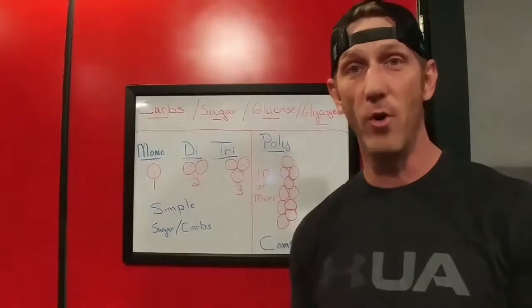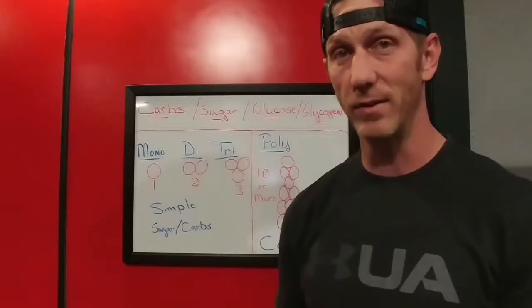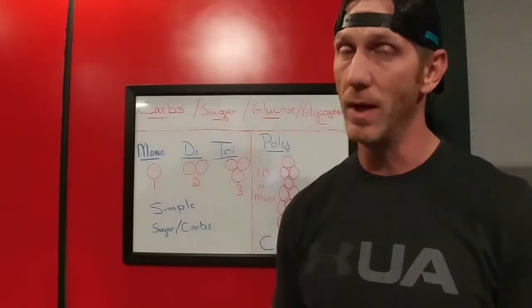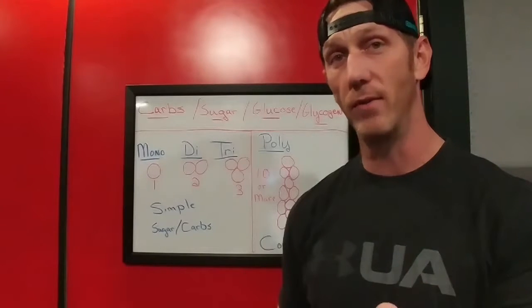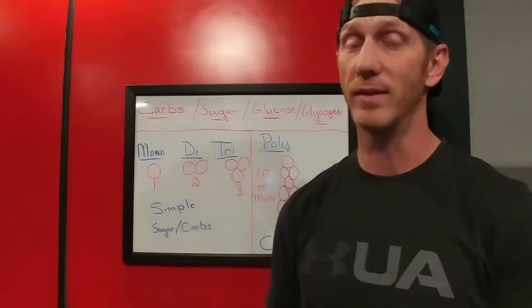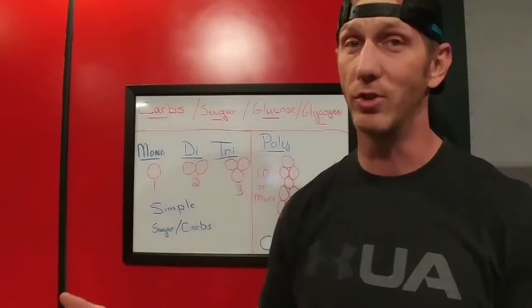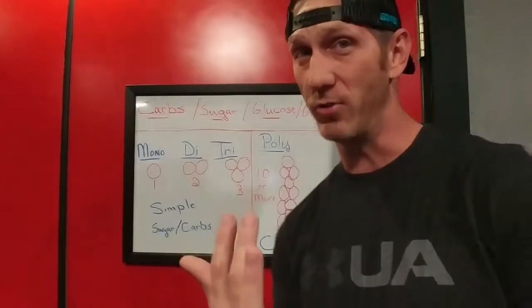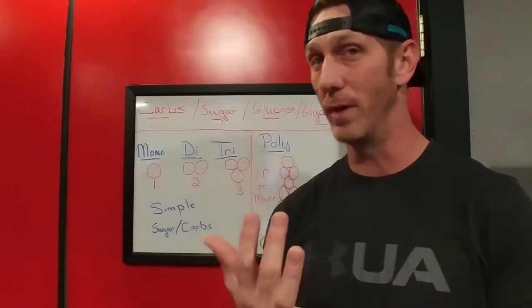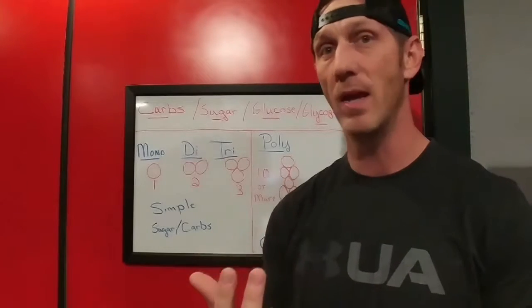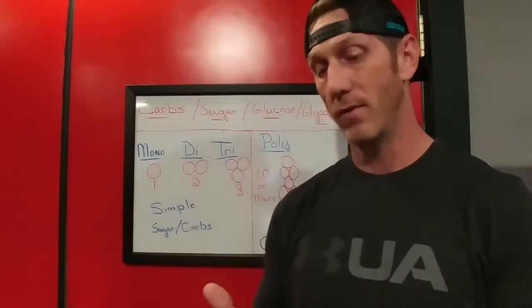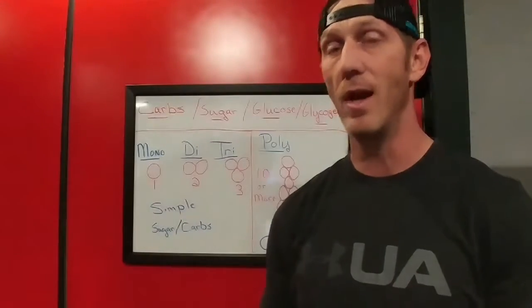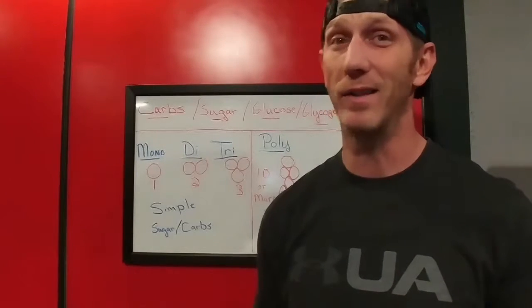Now, where does this go in the grand scheme of things? Again, it comes down to the rate of digestion, which affects how quickly your body takes it up into the bloodstream. Now, your body wants to keep your blood sugar level at 110. Anything above that, it's going to try to take that extra sugar out of your bloodstream. There are only really four storage sites. If you consider your bloodstream itself as one, that's one, but it can't be over 110 on your blood glucose level. Secondly would be your liver. Third would be your muscle cells. Remember I said your muscle can store sugar, store energy. And fourth is going to be, you got it, that long-term